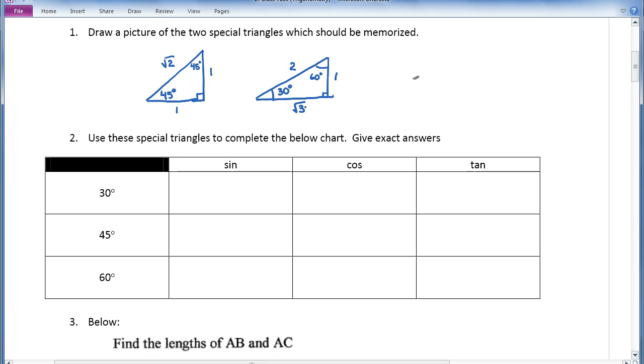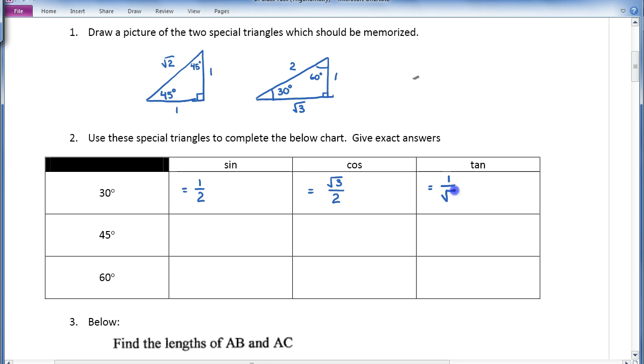And what we want to use from them is we want to be able to get our exact values for sine, cos, and tan of each of these angles. So I can look right up at this diagram. Sine of 30 is going to give me 1/2, opposite over hypotenuse. Cos of 30 is going to give me root 3/2. And tan of 30 is going to give me, tan is opposite over adjacent, so that's going to give me